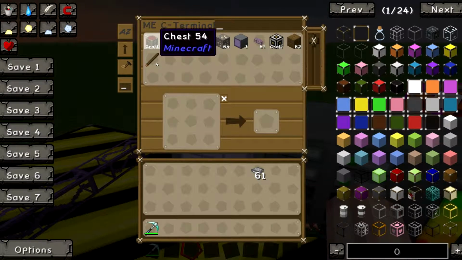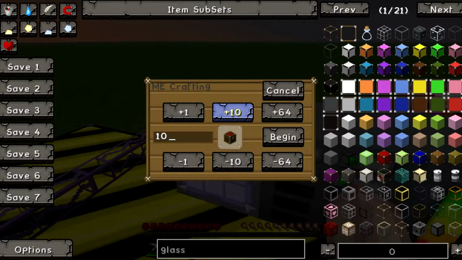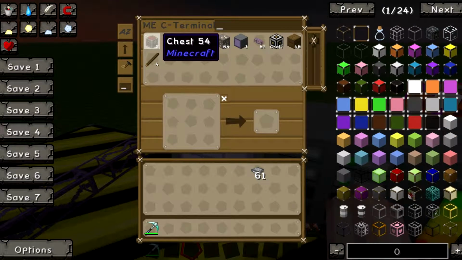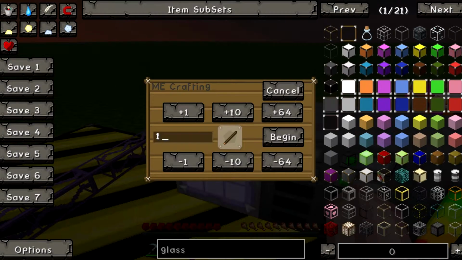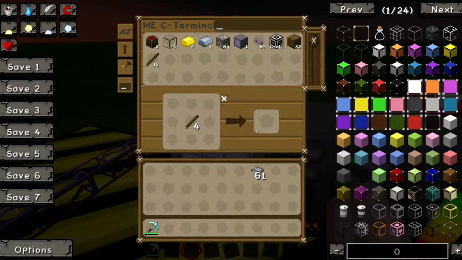So let's say you wanted a chest. All I have to do is click, I might want 10 chests, 64 chests, I can type it in here. If I want 1000 chests, let's just go with 2 or 3. Begin. 1, 2, 3. 3 chests, there you go. You can see all the woods, some of the wood's now gone. Now you can see the 4 sticks there. Let's say I use those up in crafting. I can then now begin, and it's now going to make me 64 of those,